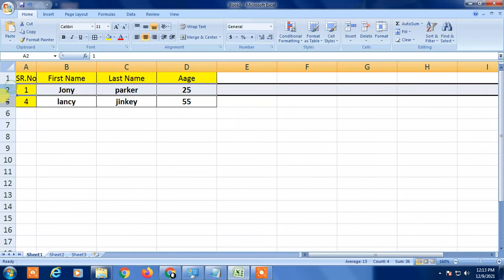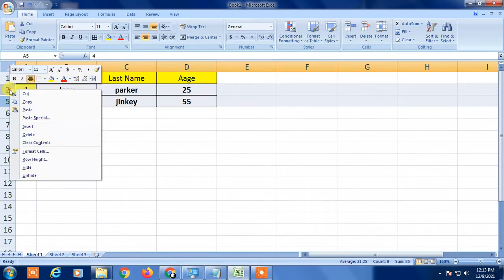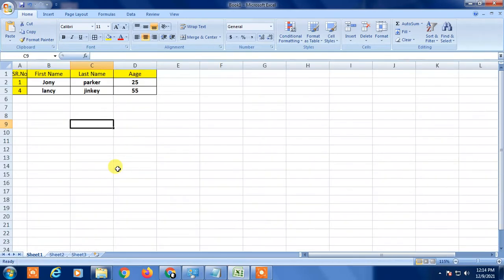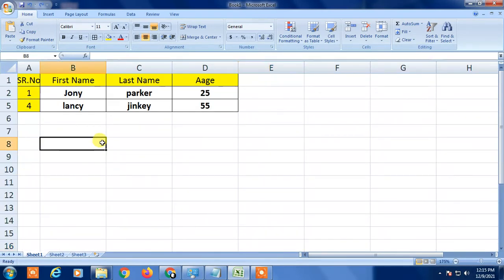Okay, it is zoomed, I think. That's why. Let's see. Okay guys, there was a problem. I pressed the control key. You have to press the shift key and click on the above number,